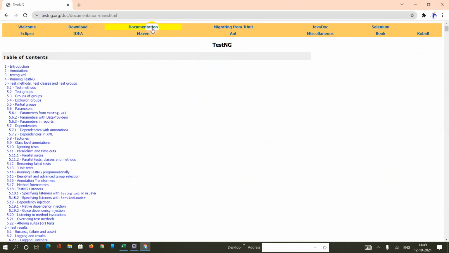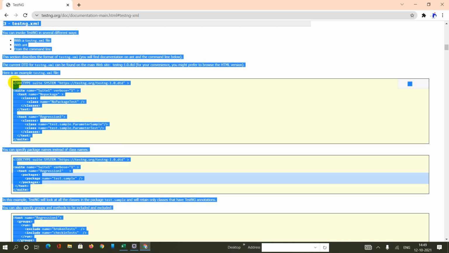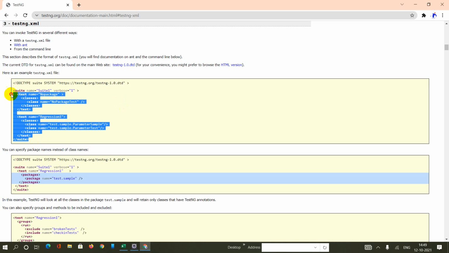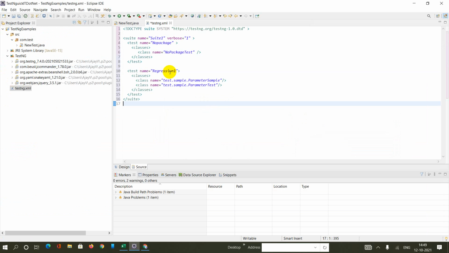If you click on the documentation, this is the testng.xml. So classes have been defined in this way. What I will do is pick this entire stuff, copy this XML, and paste it here.